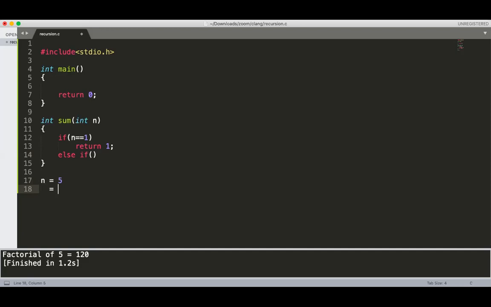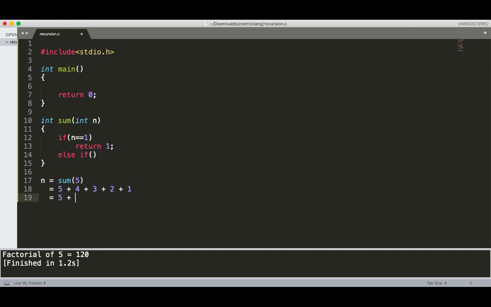Tell me how the summation of 5, the first 5 numbers. So it is 5 plus 4 plus 3 plus 2 plus 1. Can I write 5 plus sum of 4?